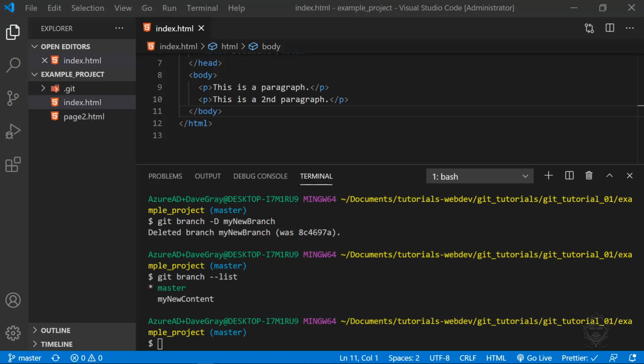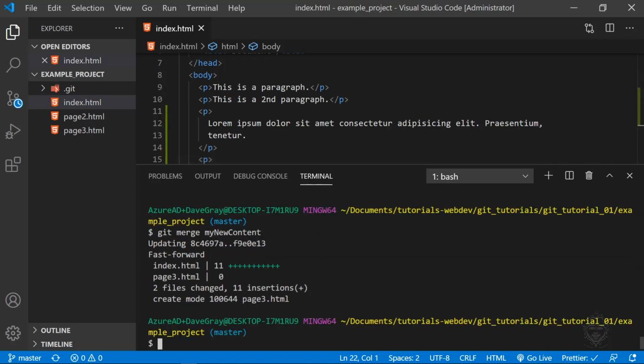Okay, we've learned about new branches, but now let's say we've completed our code or completed our new feature, header, whatever we're working on, and we're ready to merge it back in. So you need to know how to merge your branch back into the master, and that is simply with git merge and then type the branch name, git merge my new content,